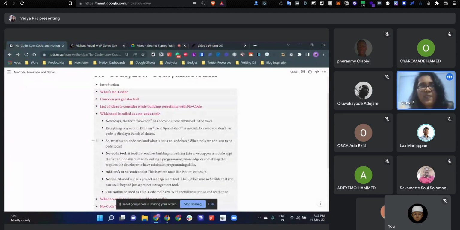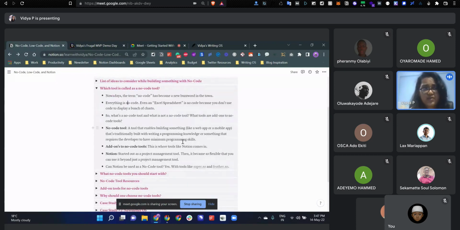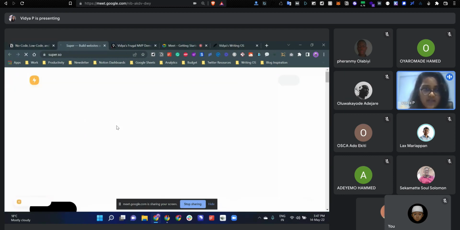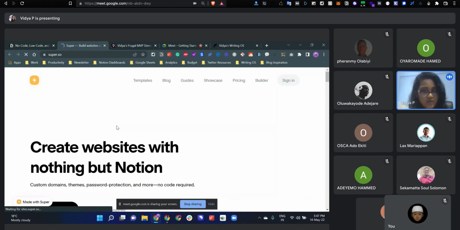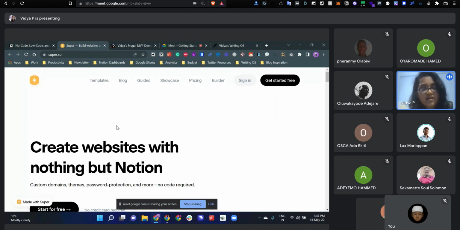and that's where Notion comes in. Notion is not completely a no-code tool, but I could say that it is an add-on. And you can use it as one, but it should come with other tools like I mentioned here, super.so. What super.so does is it takes your Notion database or Notion pages, and you can create websites with those pages and databases. You don't have to write any code for that. There's pricing and everything for this, but it takes your Notion page and you can move things around in Notion, and super.so makes sure it looks like an actual website